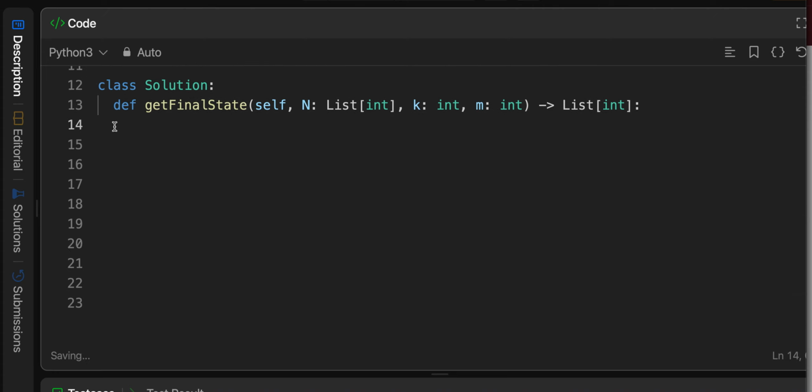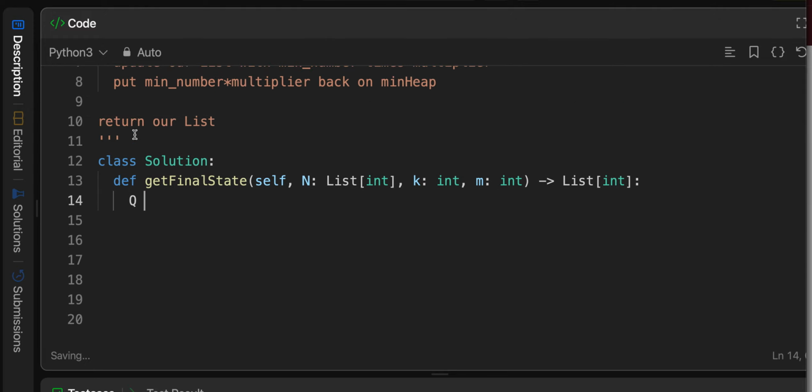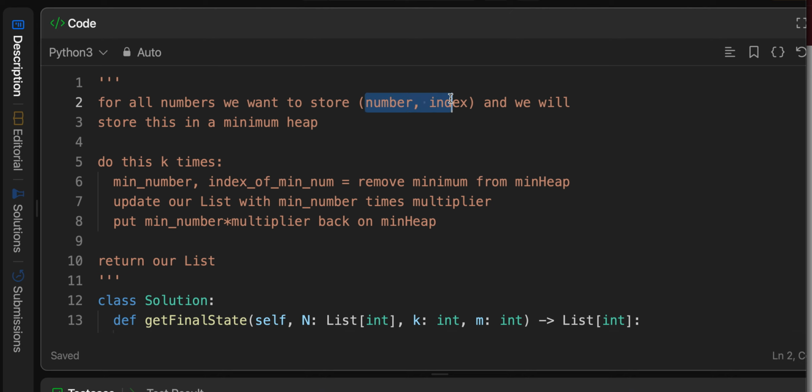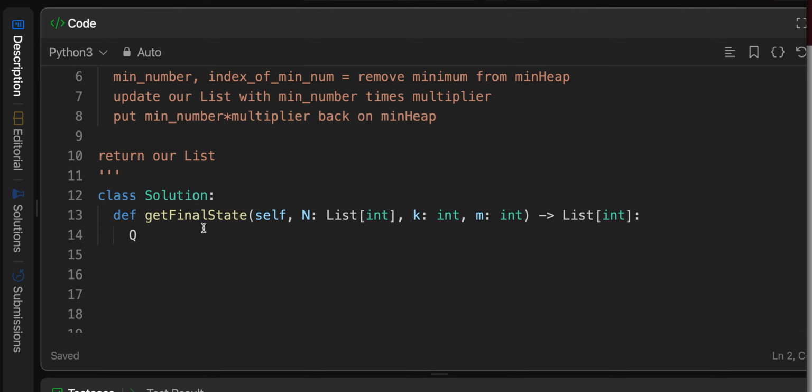Okay, so let's make a queue, and the queue will store the format we need. So the format we need is the number and the index. So what we'll do is we'll say, okay,